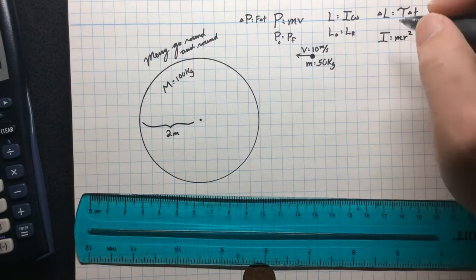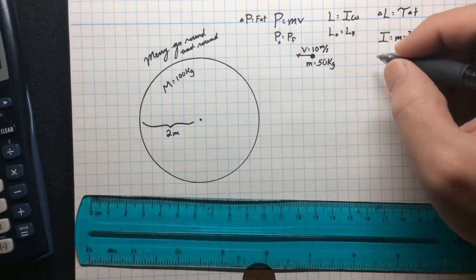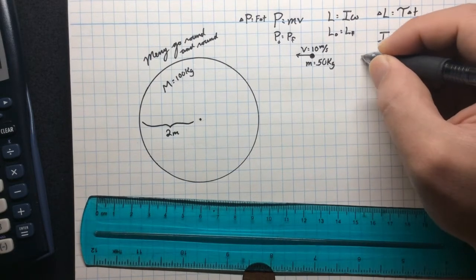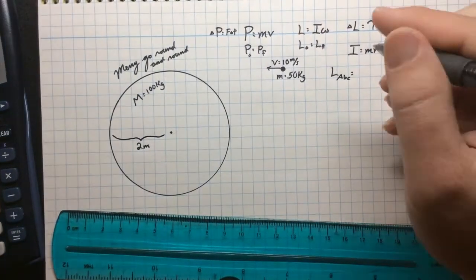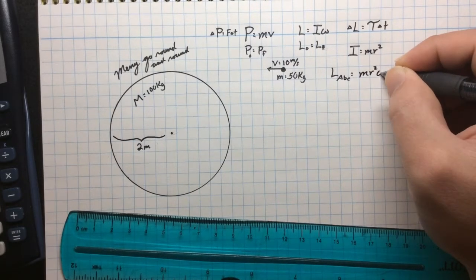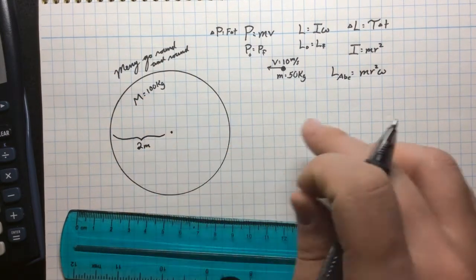So if we were to plug this into inertia here with angular momentum, that means that Abe will have potentially some angular momentum, and that's going to equal mr squared omega. Well, it's not helping us out very much, but we do know that this thing, whenever it gets hit,